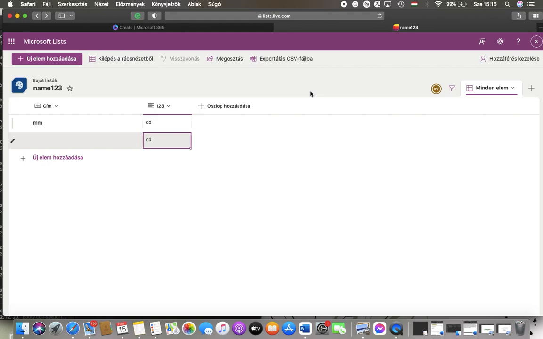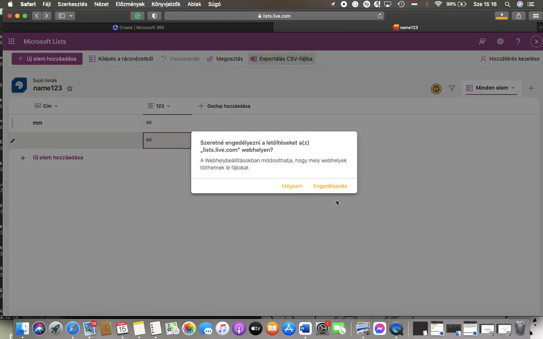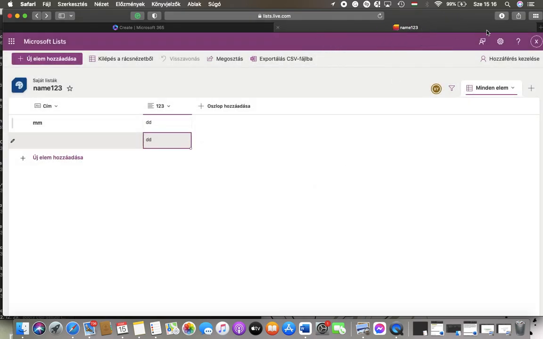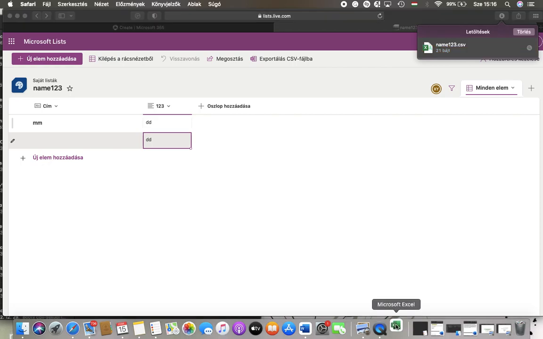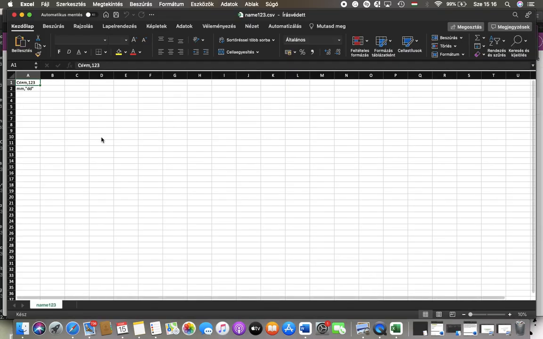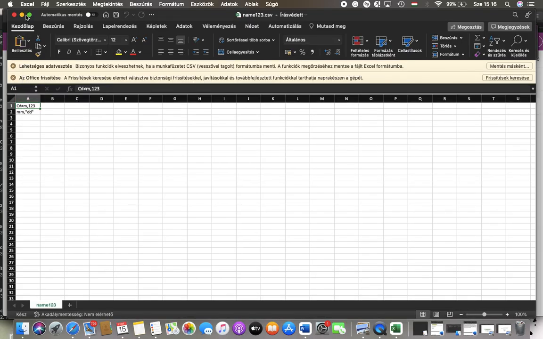First of all, open the website and then tap on this export CSV file button at the top of the screen. Tap on allow and then it will be downloaded. So tap on this download button in the upper right corner of the screen to check out your downloaded items. Open it. It will be opened in an Excel file, as you can see. You should wait a few seconds till it loads, and here you can find the data that you have added to your